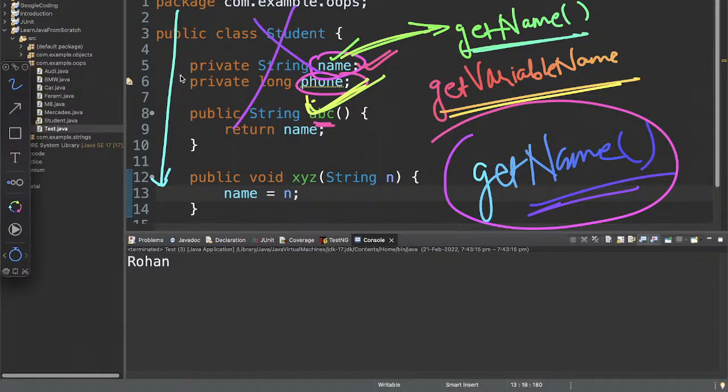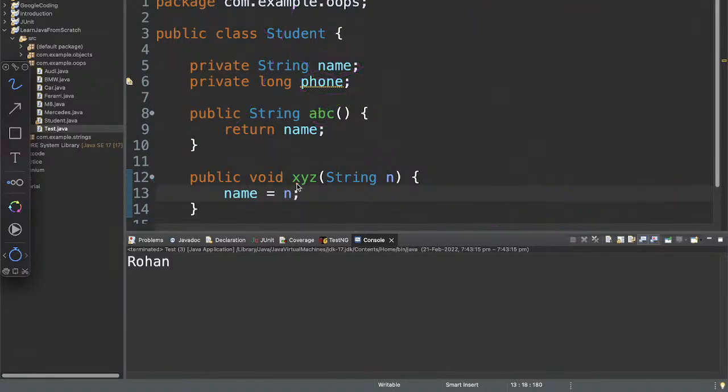So this is the best practice while declaring a getter for a particular variable. Now again for set, this is not a good name. For setting, you need to set this field, so it's set and then the variable name. So this is the best practice that you need to follow. So for name, it will be